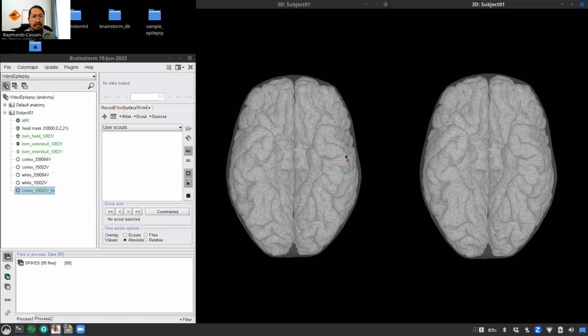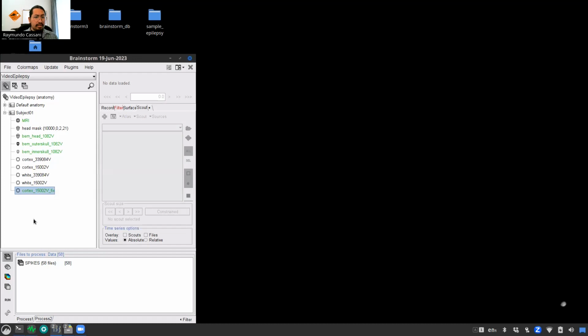It will fix any vertex that is outside of the skull. In this case, 2 were found. So we just close those figures. And now there is this new cortex surface that is called cortex 15,000 vertices _ fix. And it's green, which means it is selected as default. Now we go back to our functional data view. And our folder spikes, we